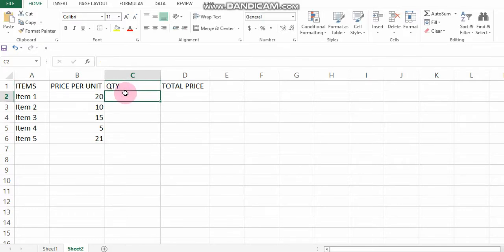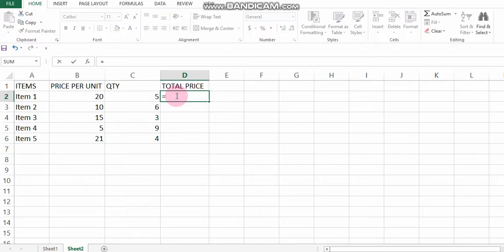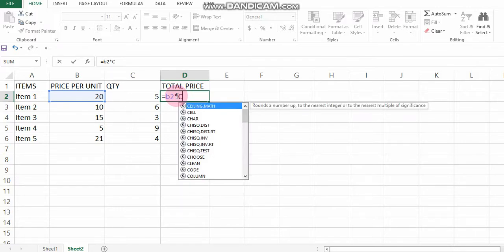How many quantity of item 1 we need, like this. When I write the formula here, it always starts with equal, that is B2 multiply, because if the price is per unit 20 rupees, how much will it cost for 5 items?